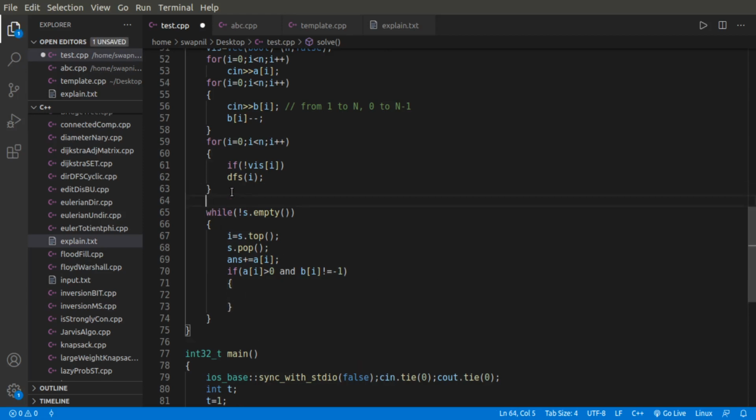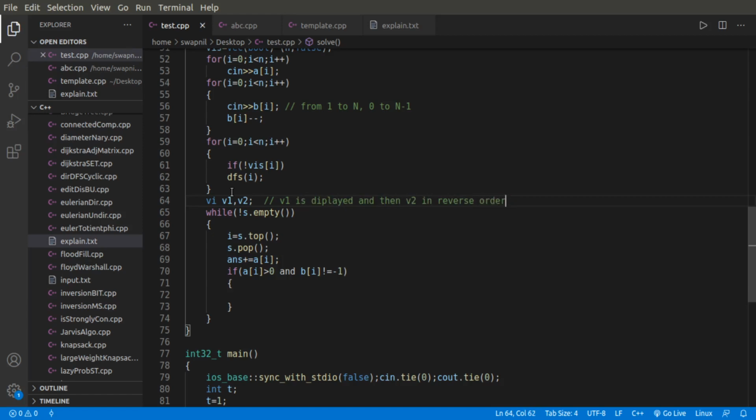Here I will use two arrays, let's say v1 and v2, and my order will be first v1 and then v2 in reverse order.